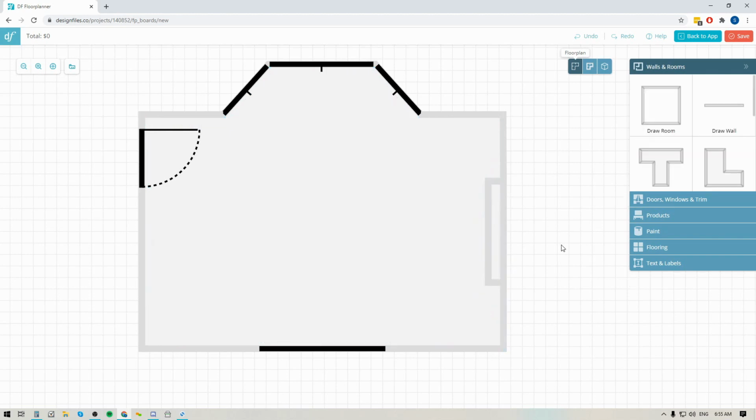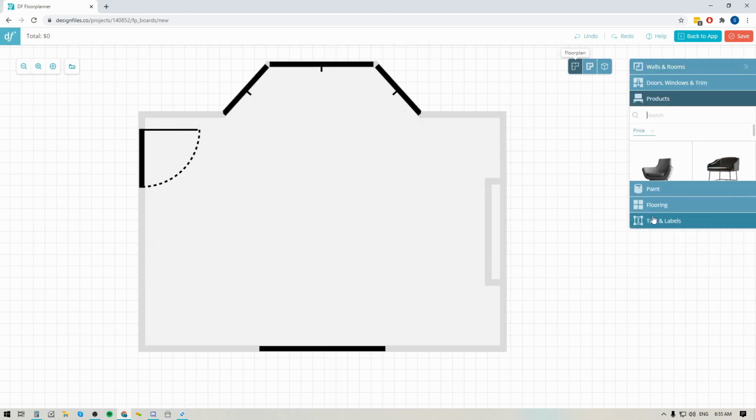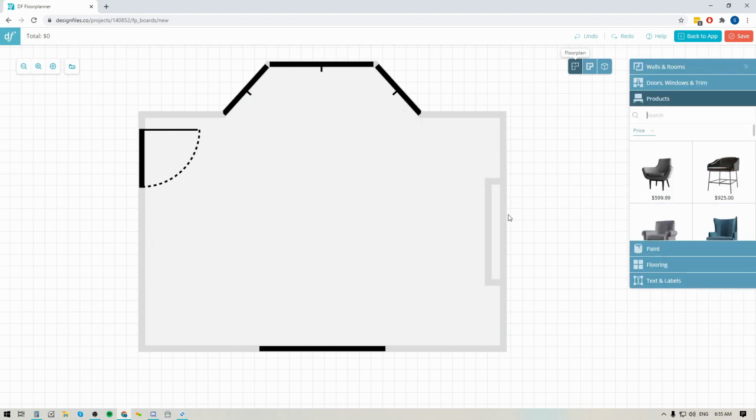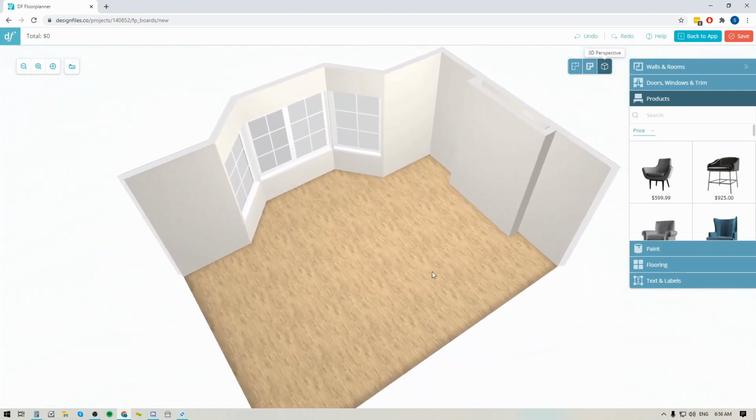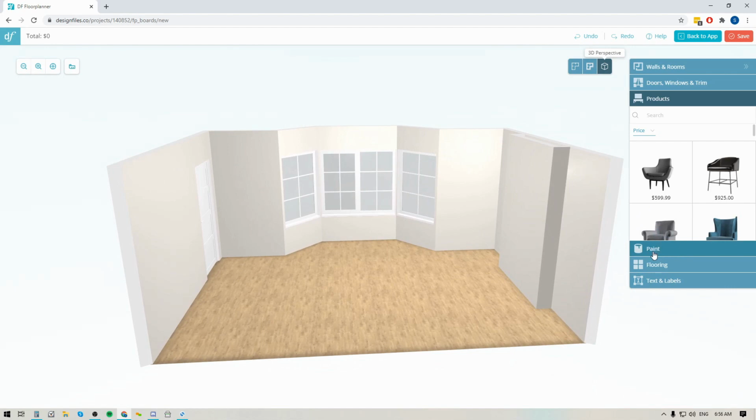Okay. Now I'm going to go into the product library. So now we can start building in some actual products. So actually, before we get into the products, I am going to go into the 3D perspective mode, because if you're building out your floor plan, you might also just want to go ahead and build out your 3D rendering at the same time. So let's go into the 3D perspective mode just for a minute here,